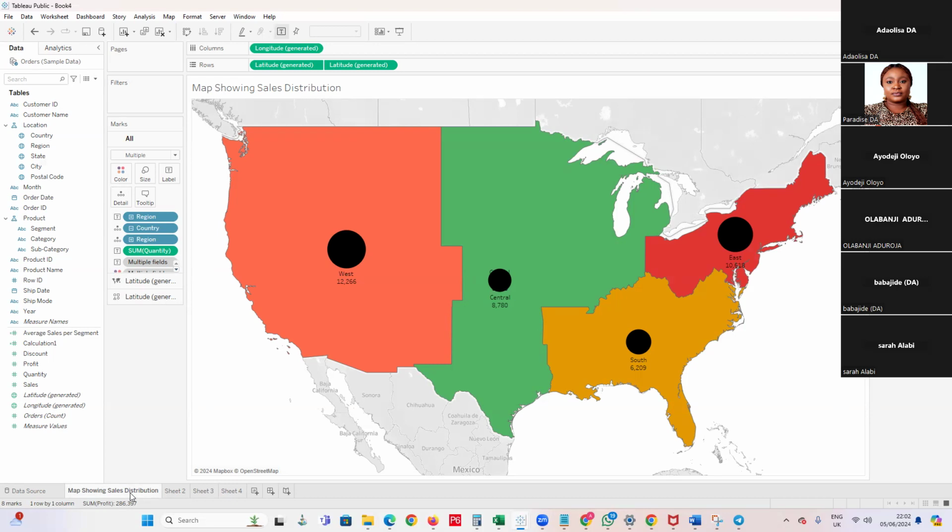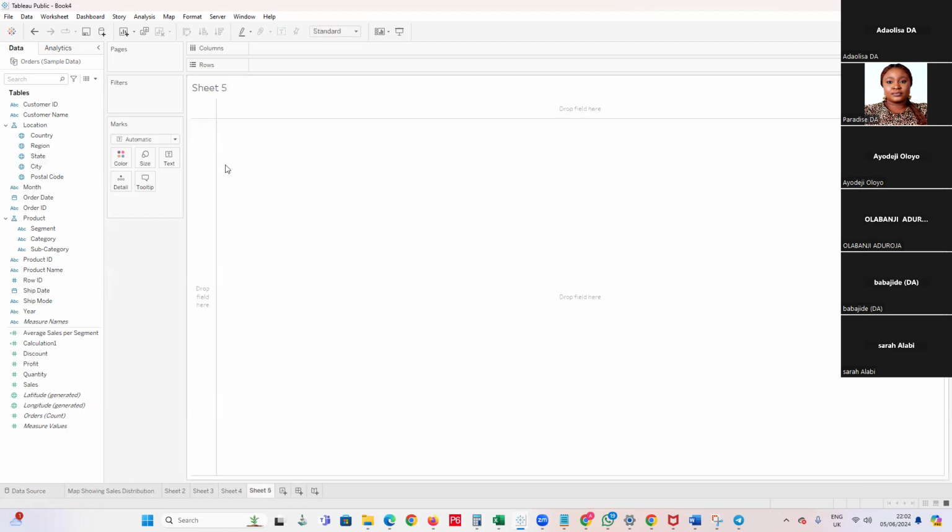We can also look at another type of visualization. We can look at the scatter plot. So let us assume that we want to find the relation of sales and